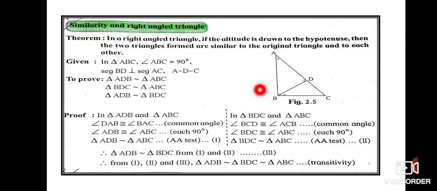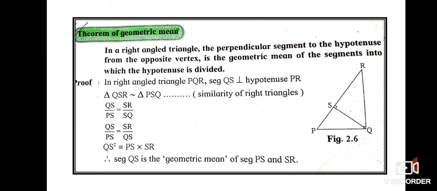This is called similarity of right angle triangles. So in the exam also, when you are solving the sum and you have this type of figure, you can directly write that this triangle is similar, and write the reason as similarity of right triangles. Once we have seen that these two triangles are similar, let us write the proportional sides. QS upon PS, that is the first two letters upon the first two letters, and they are writing the last two letters, SR upon SQ. Okay, now let us cross multiply them.